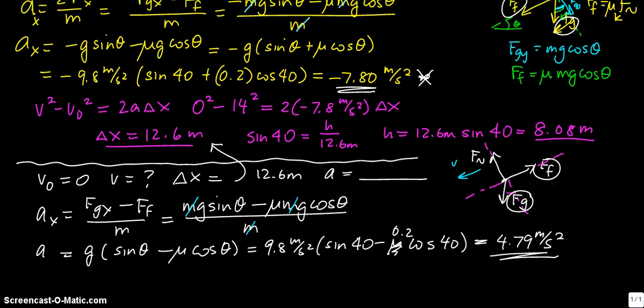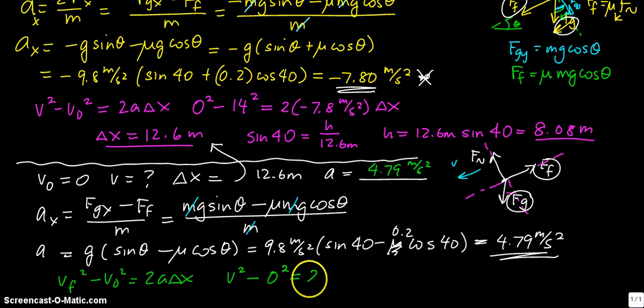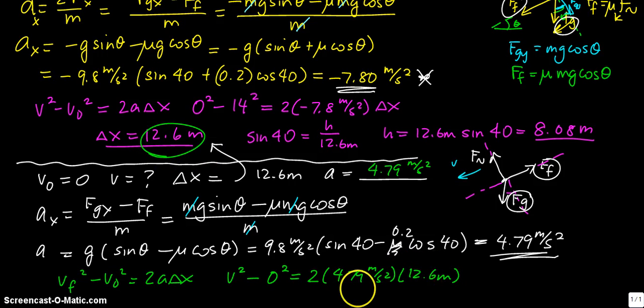So now I can substitute 4.79 meters per second squared back into my equation. V final squared minus V initial squared is 2a delta x. I'm solving for V final. V squared minus, since it starts from rest, is 2 times a, 4.79 meters per second squared, times the distance, still 12.6 meters back down the incline. And a little bit of calculation later, I get that the velocity at the bottom of the incline is 11.0